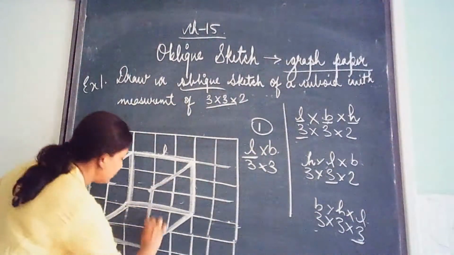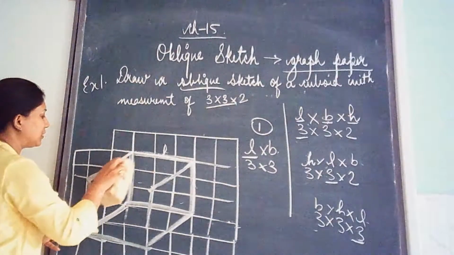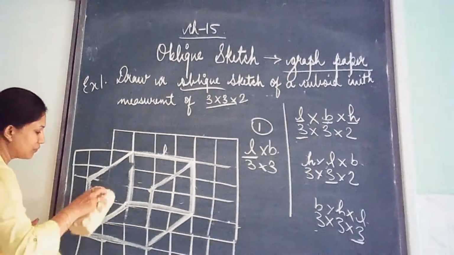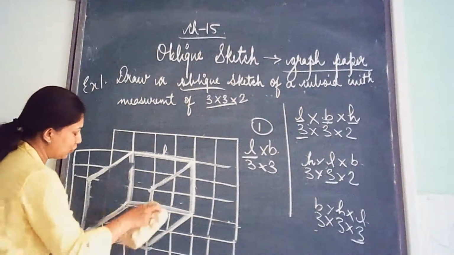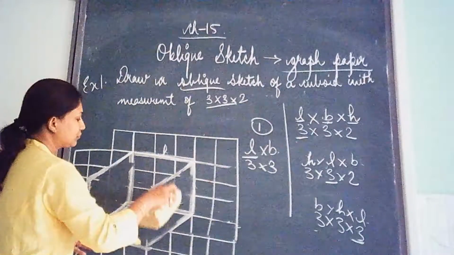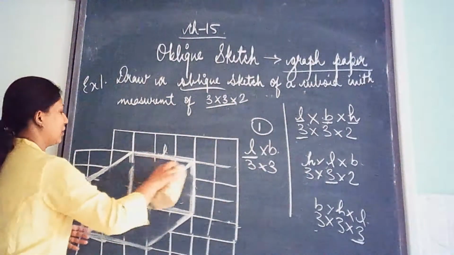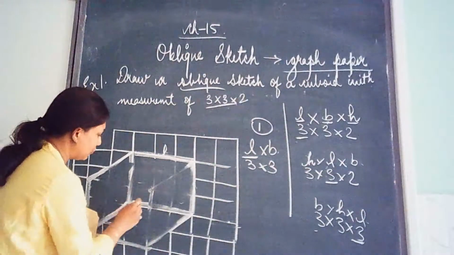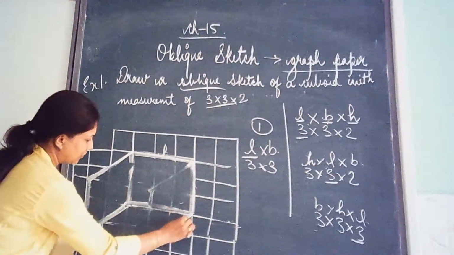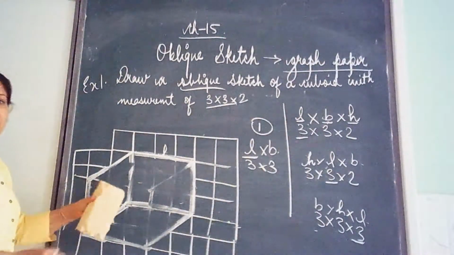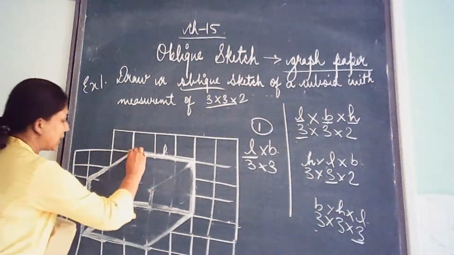See what you get. I will rub the extra things inside this. See, you will get a shape of a cuboid. And even the front face I can remove. See children, I've just removed this line also which is overlapping. Now what do you see here? This is our line.